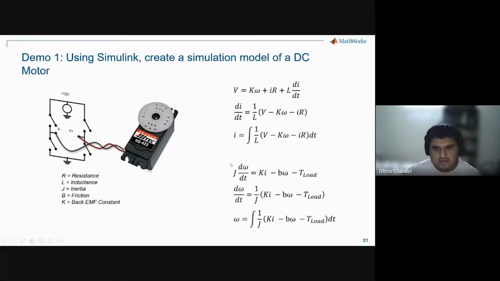In the mechanical part of the circuit, you get energy in the machine through the current turning the coils, and this energy is dissipated with the friction and in countering the external load. So this is a pair of coupled first order differential equations, and if we can solve this inside simulation, then we can develop a mathematical model and we can see how to control that model as well. We've just picked this as a first example just to show you what the interface looks like and how to work with equations.